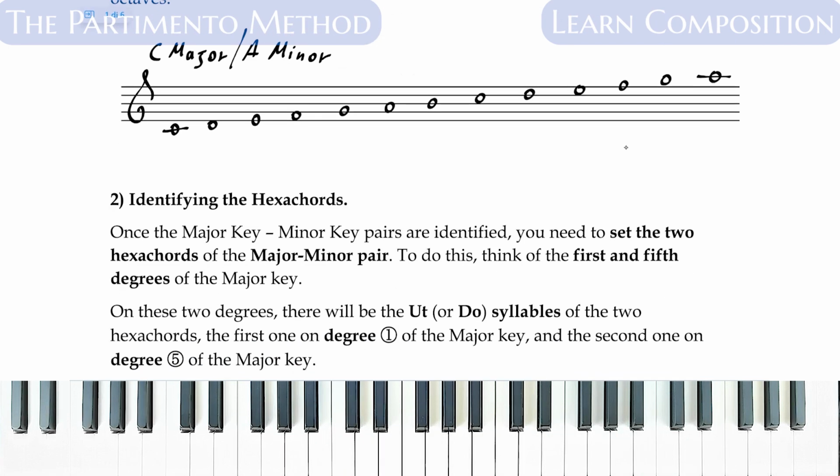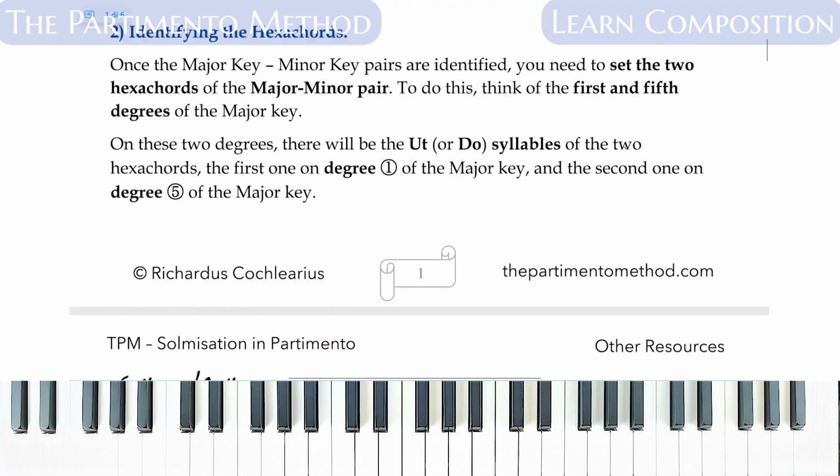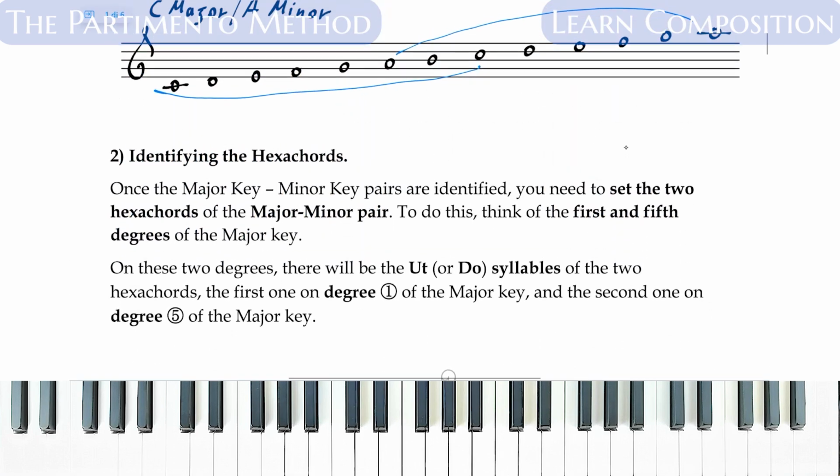Rule number 2. Once the major key minor key pairs are identified, you need to set the two hexachords of the major minor pair. To do this, think of the first and fifth degree of the major key. So on these 2 degrees, there will be the ut or do syllables of the 2 hexachords. The first one on degree 1 of the major key, and the second one on degree 5 of the major